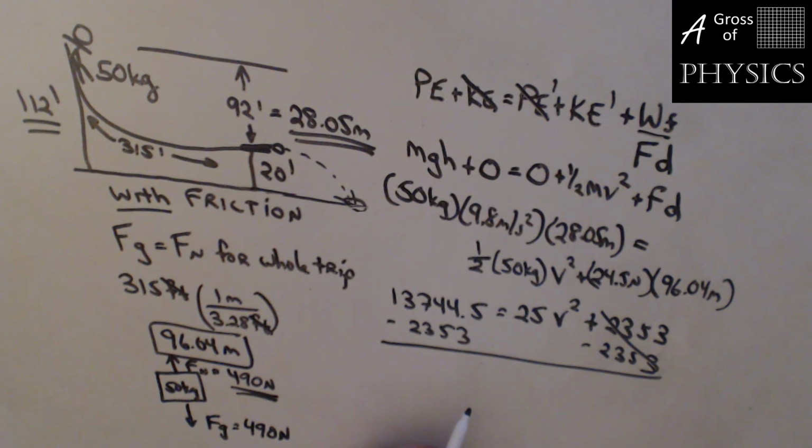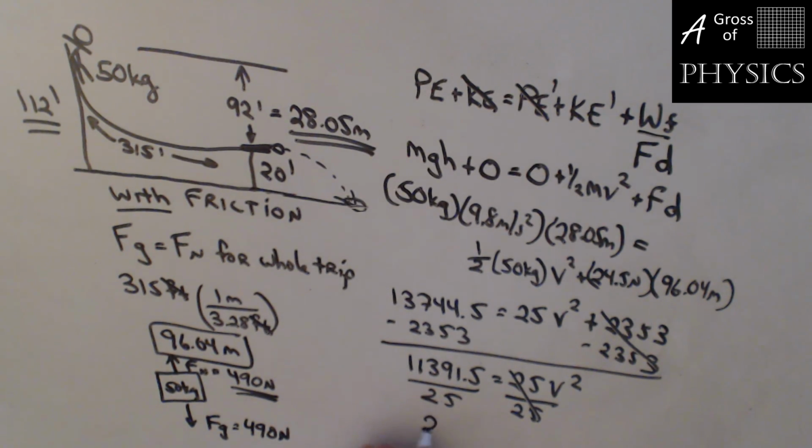13744.5 minus 2353 is 11391.5 equals 25v squared. Divide both sides by 25 and take the square root. So divide by 25, square root is 21.35 meters per second. It's going to be less than it was when we didn't have friction, because friction stole some energy,